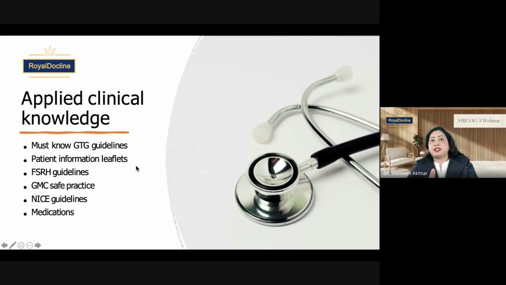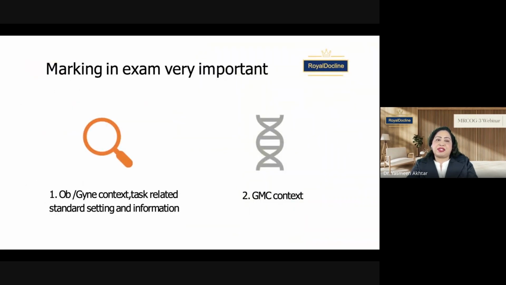You have to learn their words, how the words are used. These patient information leaflets don't come in one day. They take a lot of time and effort, and then the appraisal and critical review come, and then they are published on the RCOG website. These are all available on the RCOG website. Even the podcasts are available. You can listen to the podcasts. Some people memorize things when they listen. For example, I am one of them; if I listen to things, then I remember them. So this is also a benefit.